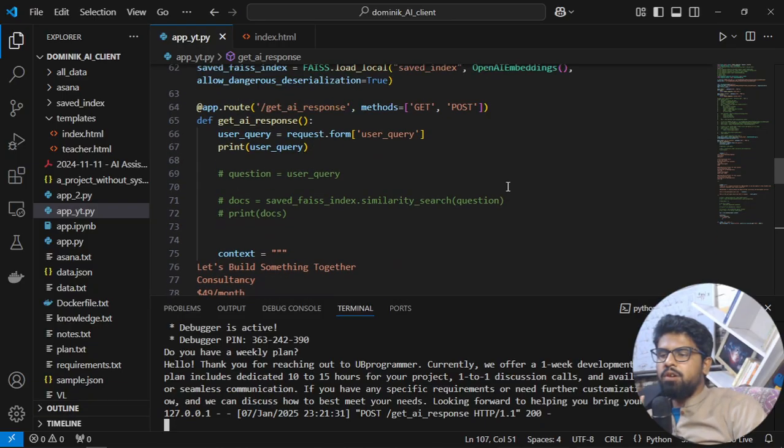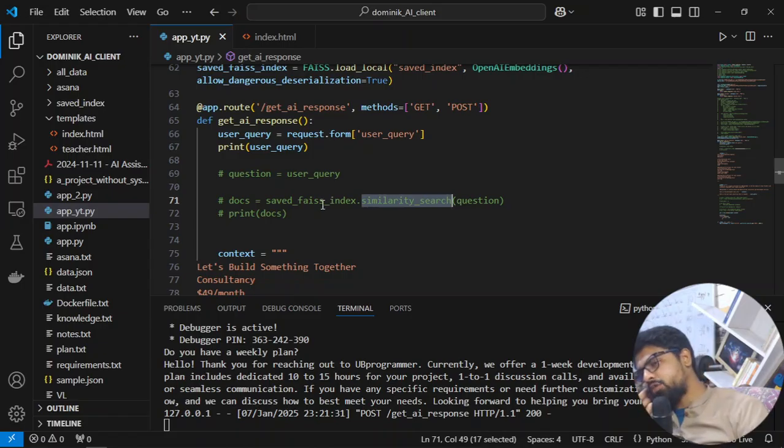How this will work is that this one line will be the total crux of that RAG system. User query will come in, you will do a similarity search for that user query in your index. Now index is something which is an AI representation, or vector representation, of your data,